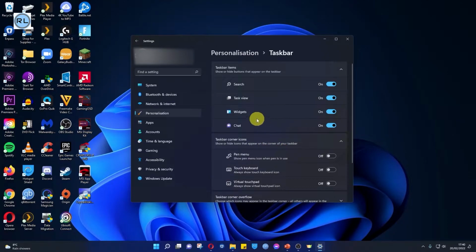And here you can see the different icons that you have pinned to the taskbar. Widgets is here, you toggle that to off and it disappears. Microsoft Teams, if you toggle it to off, that also disappears. If you turn those both off, as soon as you next use your computer, they will never eat up your